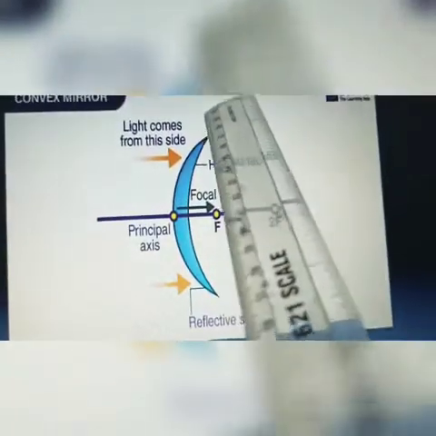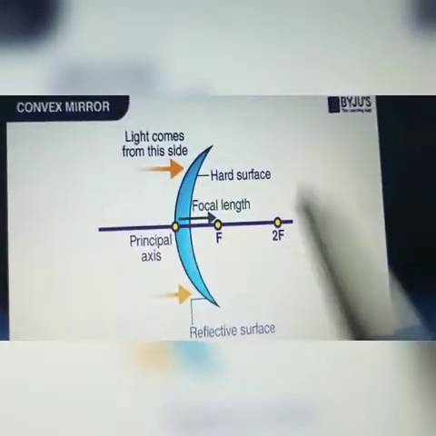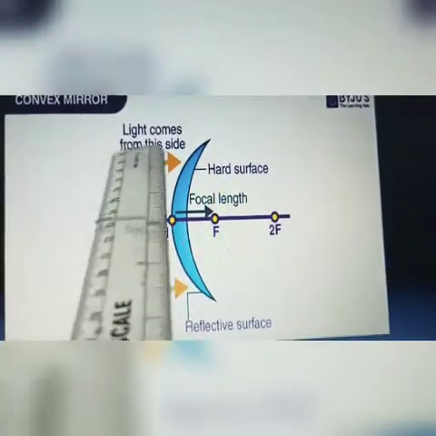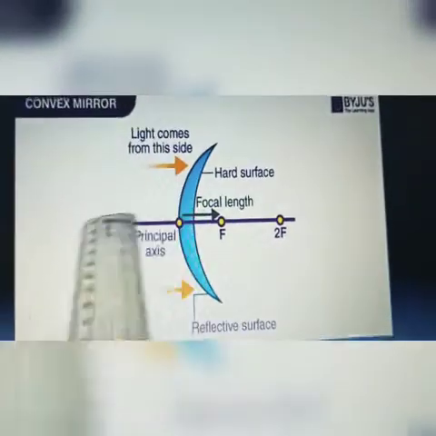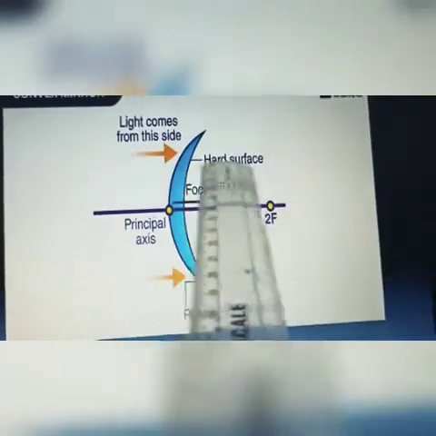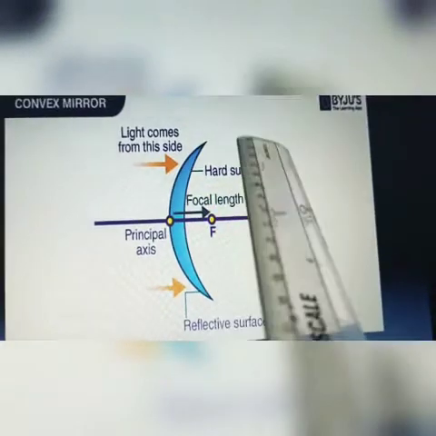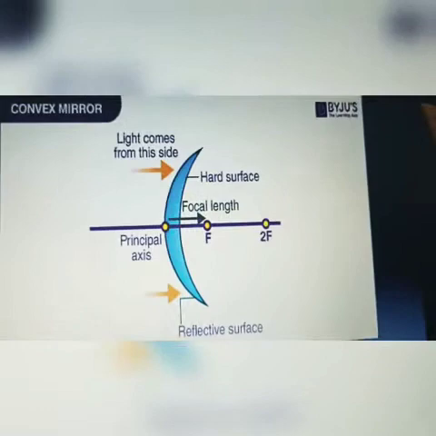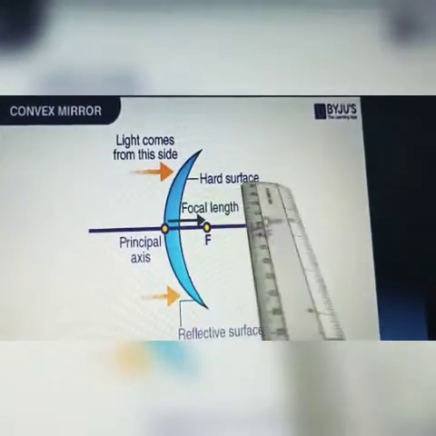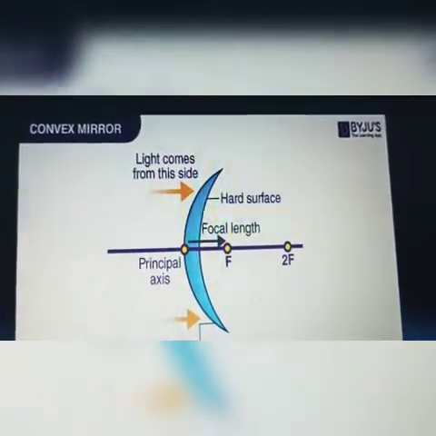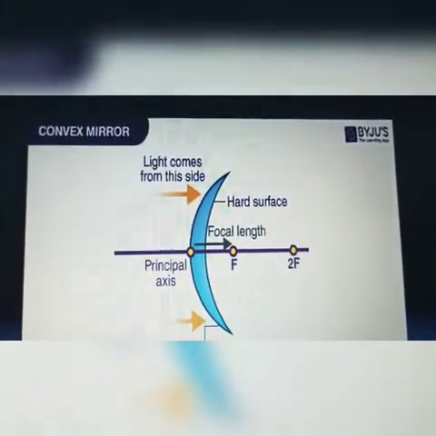Okay, so if the reflective surface is on this side, it is obvious that the light will come from this side, and will be reflected, then we can see the image. And this is a hard surface. These hard surfaces are there so that the light doesn't pass through them. If some of the rays pass, these hard surfaces don't allow them to pass on. Okay,